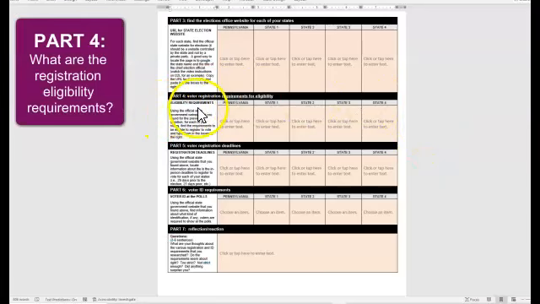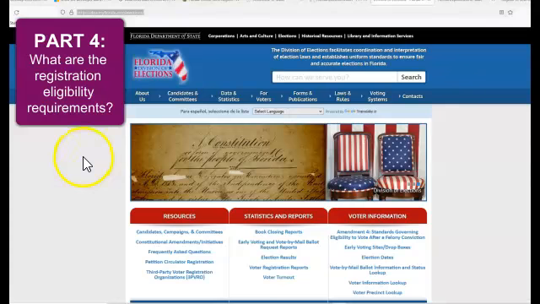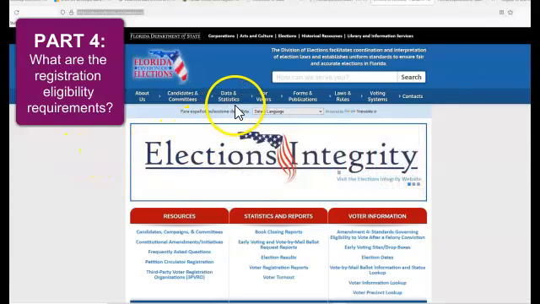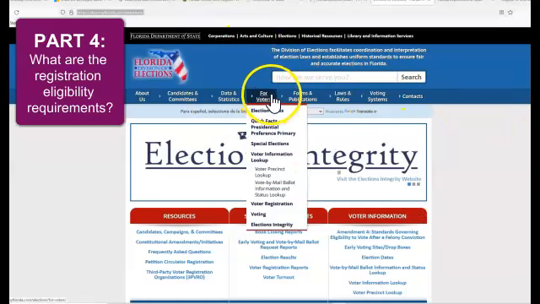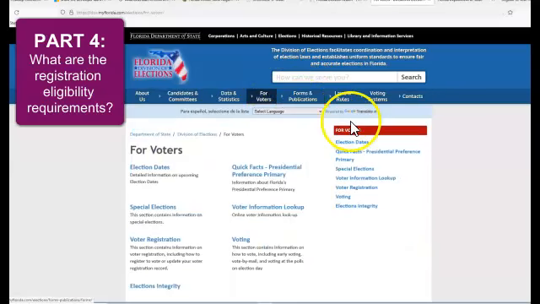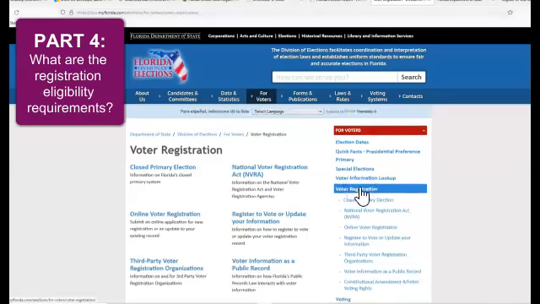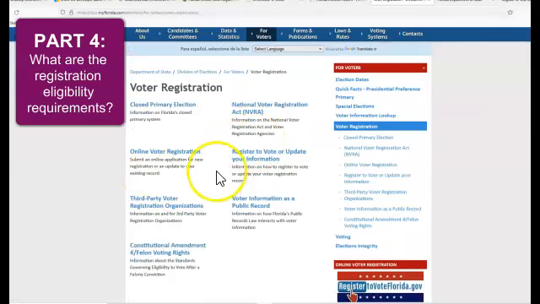The next part of the assignment, part 4, I'd like for you to find out the eligibility requirements to register in your state. So we're going to hop off here and go back to that official state website and look for that answer. So again, for part 4, we're going to look for the eligibility requirements to register to vote in Florida. You have to kind of look around a little bit. It did take a little while for me to find it, and each state is going to be a little bit different. But over here we have some information on voter registration, and